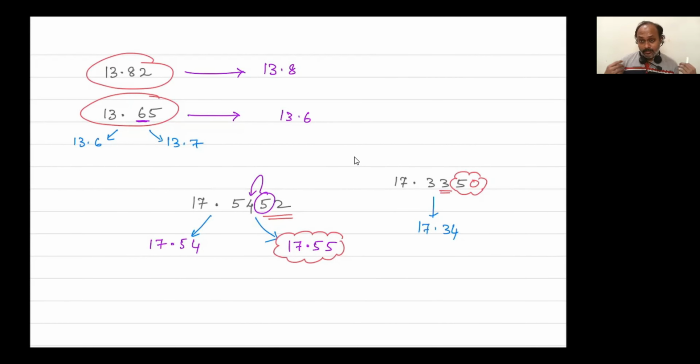I hope you pretty much got this idea of rounding off. You can think of various numbers, how to round off to different decimal places, and in case you have any particular number in mind where you still think it is confusing, you could just post that in the comment section. I would be glad to respond to whatever number you might have in mind.